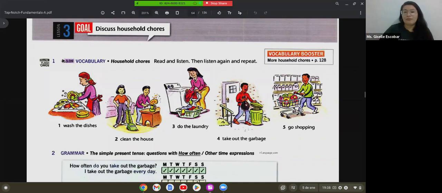So we're going to listen to the audio to hear the vocabulary, and you know that we're going to listen to it and then we are going to repeat. And then I'm going to show you guys a picture in which we can see more household chores, because these are not the only ones, right? Hay muchos. Entonces después les voy a enseñar otros, un poquito más de vocabulario. So for now, let's listen to the vocabulary.